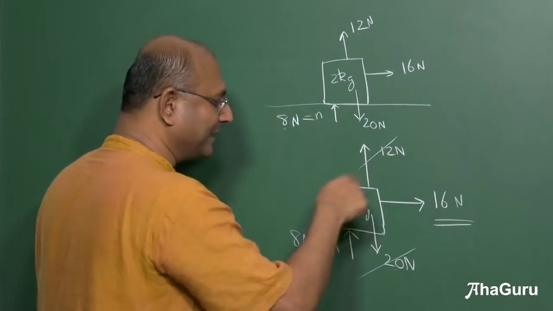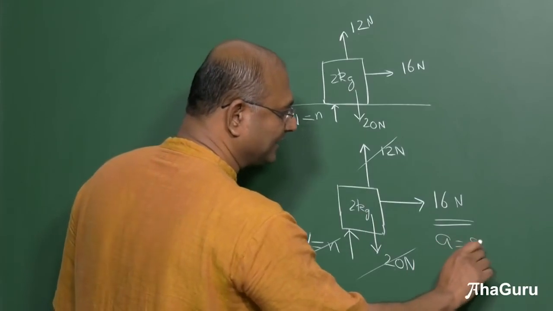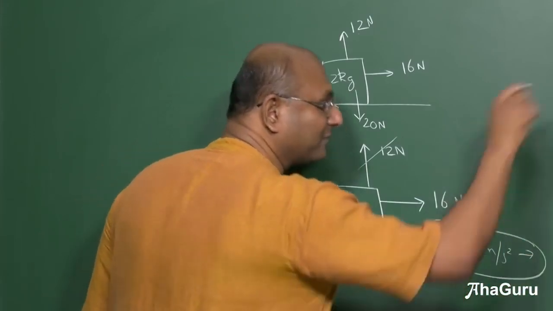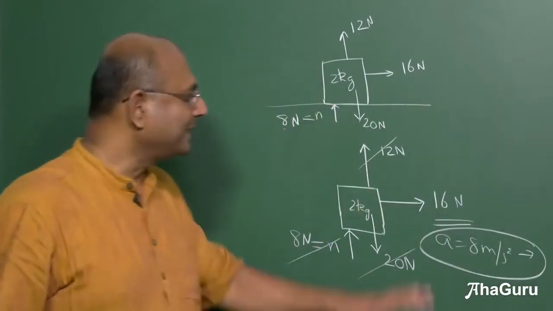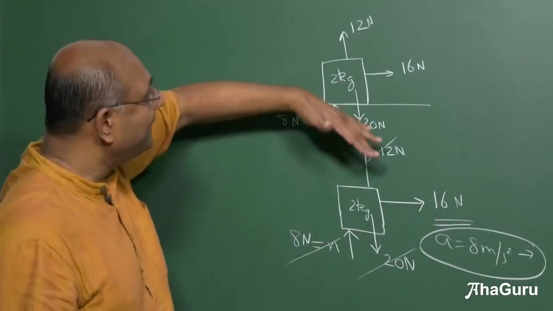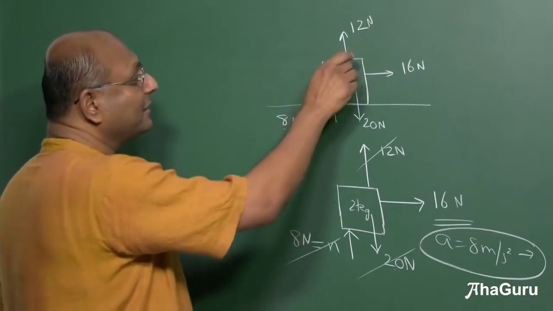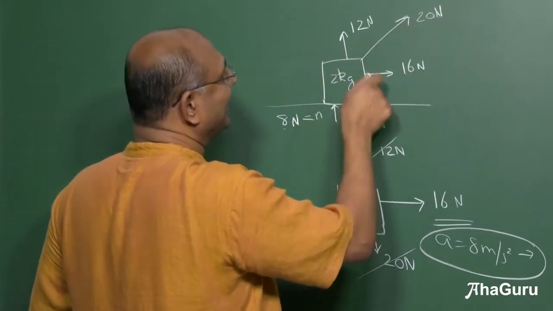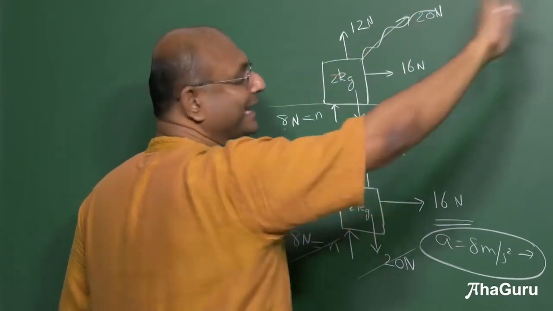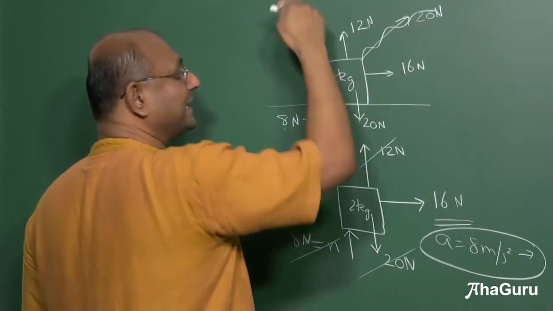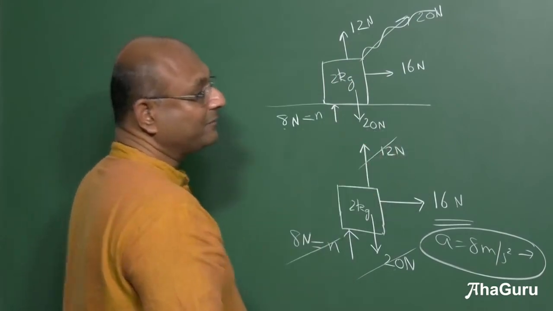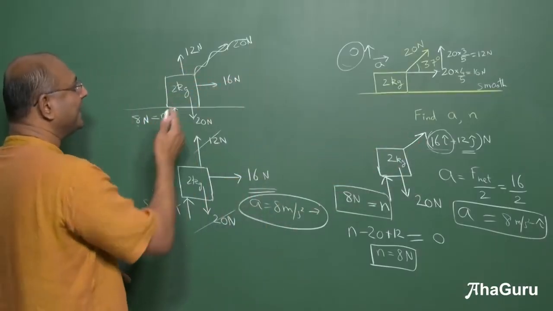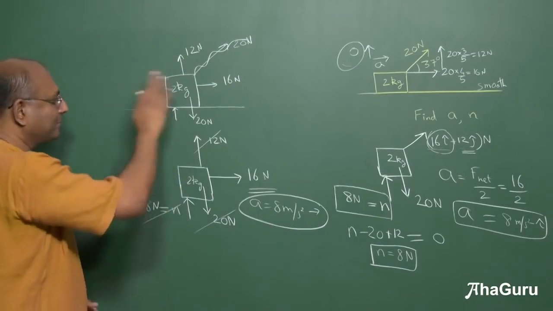16 newtons. So 16 by 2, acceleration is 8 meters per second square in this direction, which is what we got there. I hope that is clear, right? This way we will also use this a lot. We will say that this force of 20 newtons, we have resolved it like this and like that. So cancel. That force 20 has now become 16 and 12. Instead of writing it in i and j, we will write it like this. This means 16 i cap, that means 12 j cap. Okay, I hope that is clear.